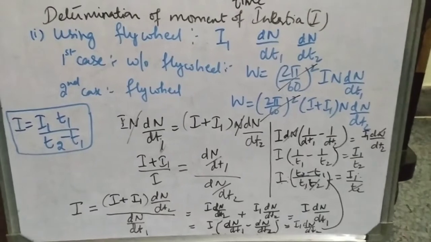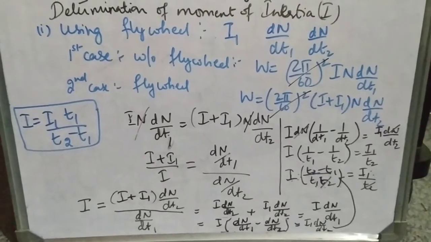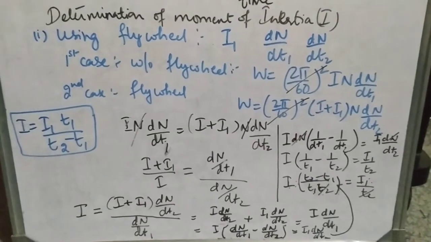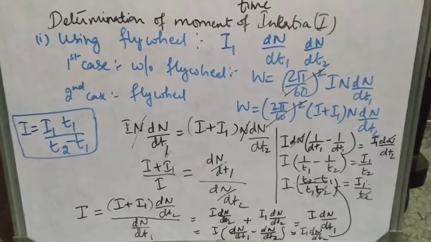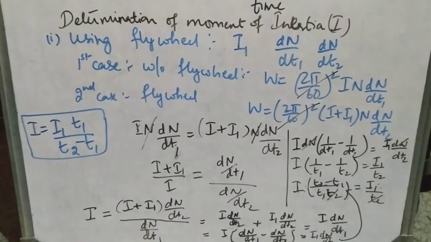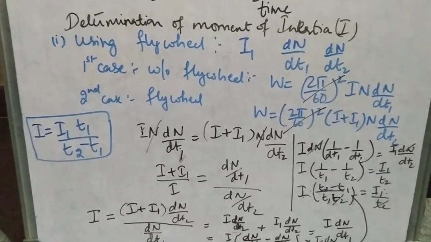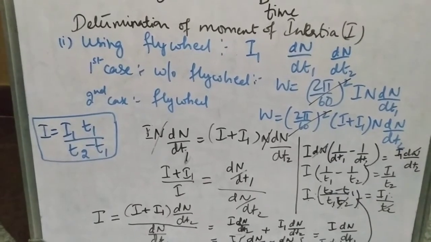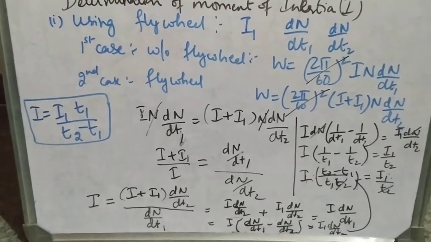So another method is that without using the flywheel. So in that method, the time is noted for a machine to slow down by say 5%, considering only the armature alone. So then a retarding torque, either mechanical or electrical, is applied. So preferably the electrical retarding torque is applied, and the time required to slow down by 5% is noted down again. So we will assume that we are going to slow it down by 5%.